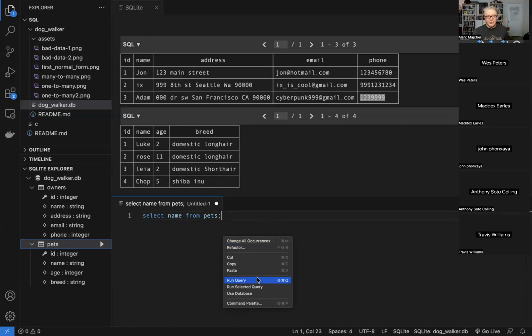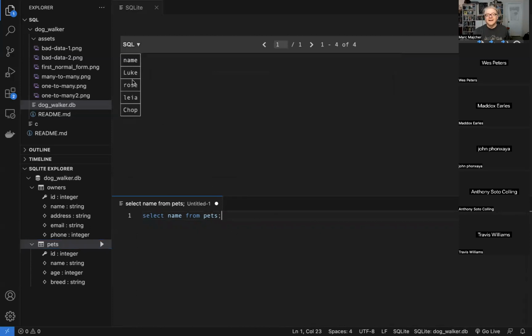And you'll see if I do a select name from pets, this should give me a table with just those names. If I select ID, name from pets, this will give me IDs and names. This will become useful later.